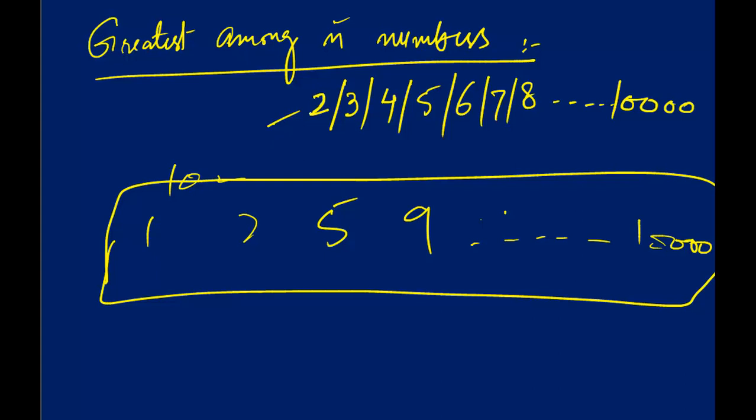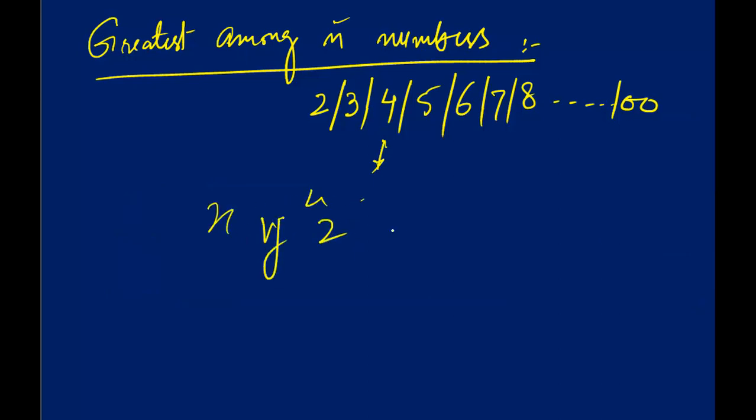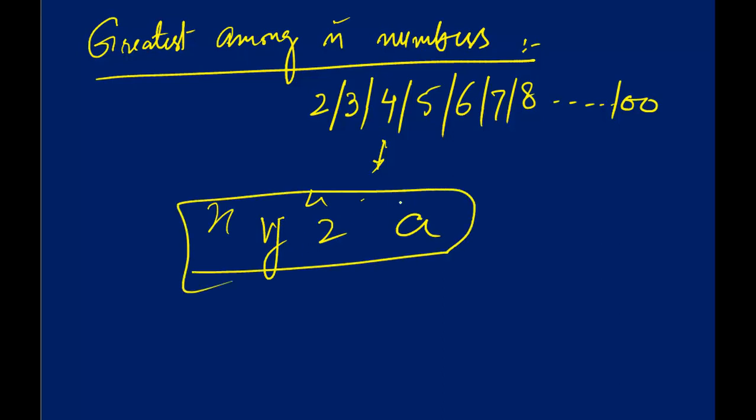In the case when we have to find greatest among two numbers, we were declaring two variables x and y, and it was easier for me to find out whether x was greater or y was greater and declare the result on that basis. In three numbers, it was also easy, x, y, and z. We were comparing three variables, but when we have to find greatest among four numbers, it becomes a little bit difficult. We have to declare four variables for this, suppose x, y, z, and a. It still gets more difficult for five numbers, six numbers, and more, when the value of n is getting higher.